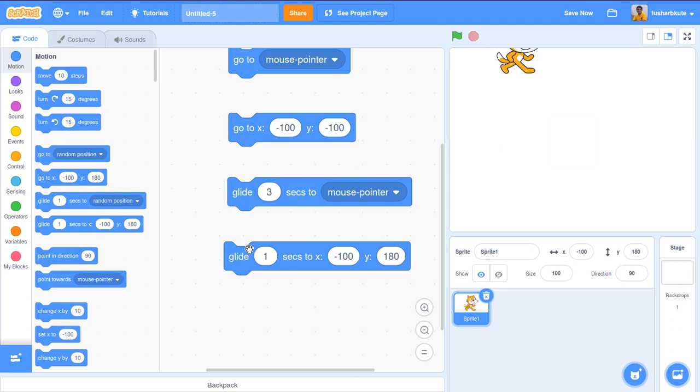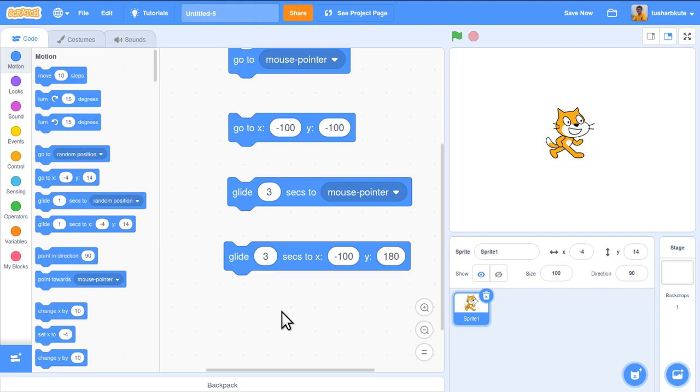So it will form a straight line from the current position to the gliding position, and will take some seconds to move over there. For example, I require 3 seconds to move over there. Glide. So it has taken 3 seconds to glide to the respective position. So when I want such kind of gliding animations, we can make use of this particular option. Specify how many seconds you require, and based on that, this animation of the respective cat or any sprite is possible. That is what the glide is.